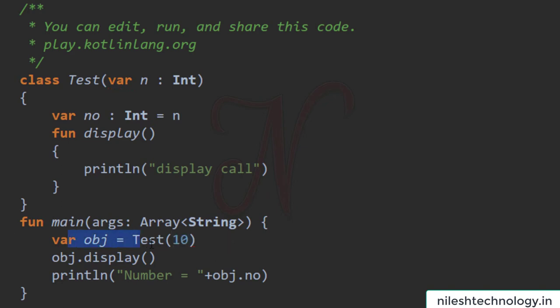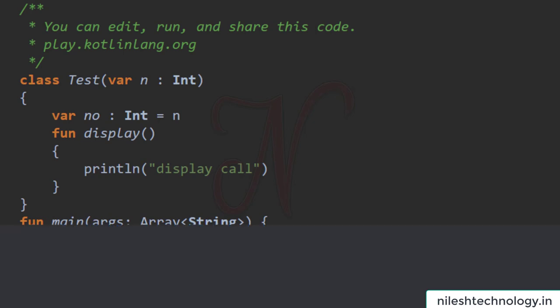Like a constructor, this 10 is assigned to the class header parameter. So the value of n is 10, and this n value is assigned to the number variable. After creating the object of this class, if you print the number variable, number equals 10. After running this code, the output is display call and number equal to 10.